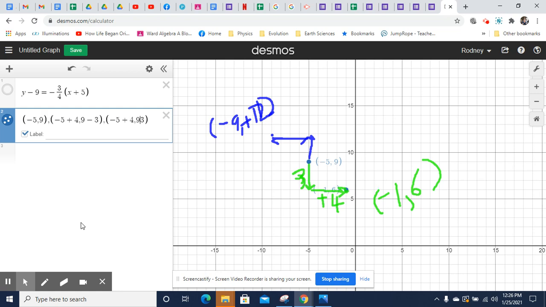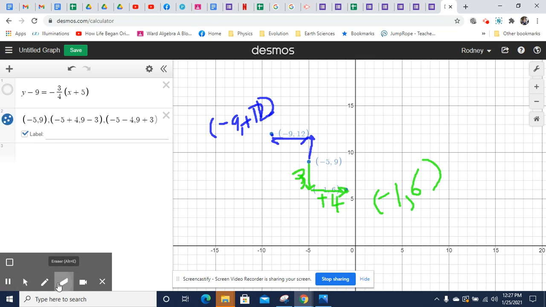Okay, so here I'm going to add 3 and subtract 4, because 3 divided by negative 4 is the same as negative 3 divided by positive 4. So let's work out what that is. Oh, look, it tells us negative 1, 6. And here, I'll erase some stuff so you can see that better. Negative 1, 6. And negative 9, 12. And we can, of course, calculate it right here, and you will find out that